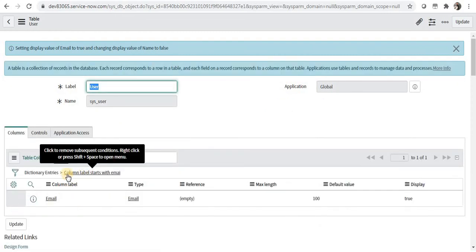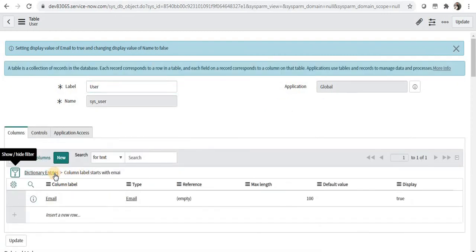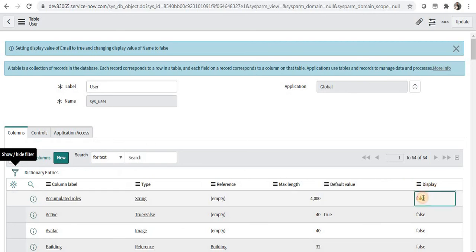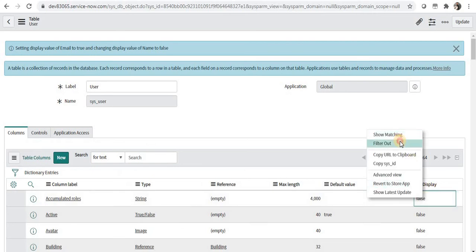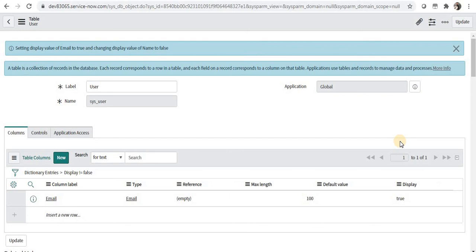And if you now note, I'll go to dictionary entries again and I will filter the false values out. There is only one true value. So you can have only one true display value in all of your columns in the table. If you change one value to true, the other one which was true will automatically change to false.